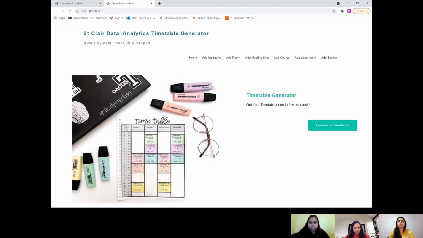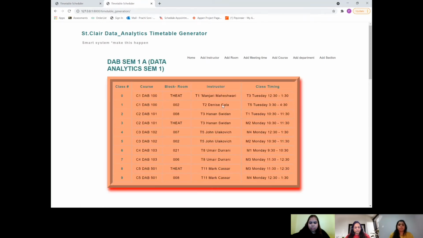We implemented this home screen in the Django framework, and we made the whole framework user friendly. You can edit or remove the elements from this system. When I click on generate timetable, it will automatically schedule the timetable for us in just 1 to 2 minutes. So we have to wait for 1 to 2 minutes while it is creating. In the backend, all the generations are created, and from the different generations, it will give us the best output. Okay, here you go.